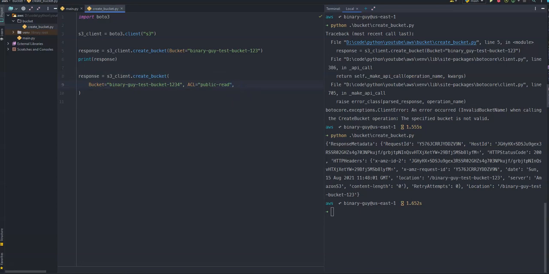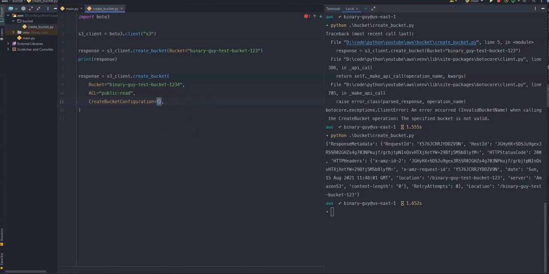And the last parameter that we want to pass is the create bucket configuration, sorry, my bad. This parameter is an object, and here we can pass the location of where we want to create that bucket.